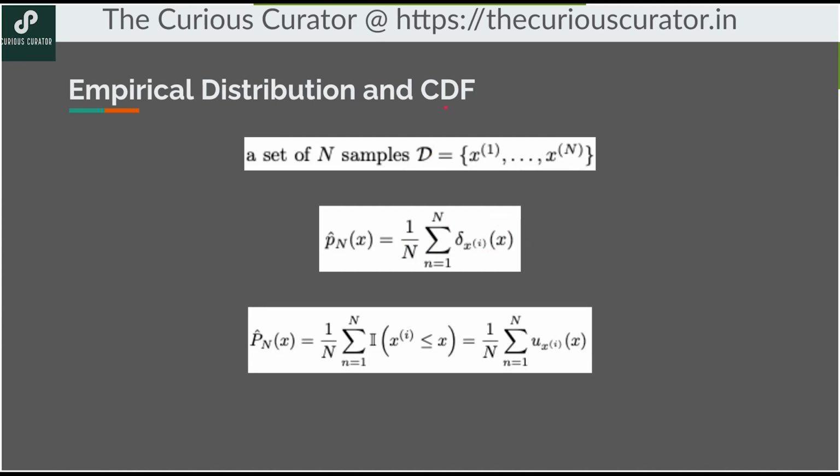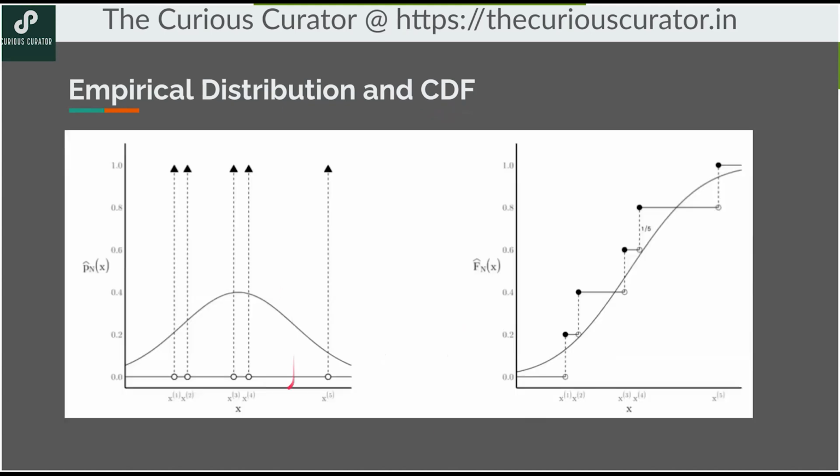Now this CDF, another property of the delta function is that if you take the integral of a delta function, you get a unit function. It's called unity function or unit function. But yeah, basically that's the CDF. How it looks like is, on the x-axis you have all these data points x1, x2, x3, x4, x5. So the empirical distribution is just these arrows, these delta functions, right? So that's your delta function,